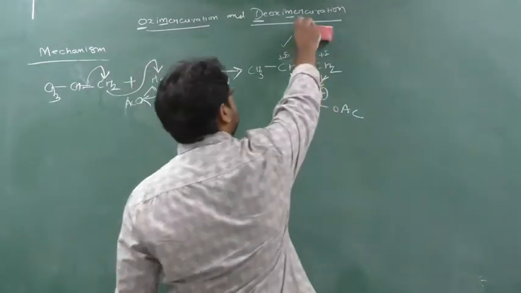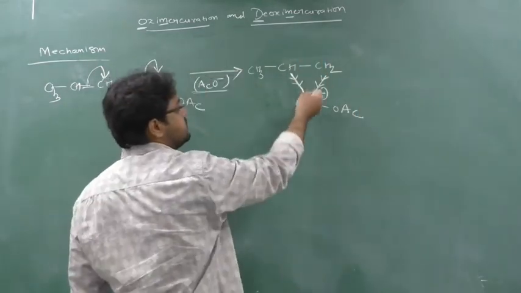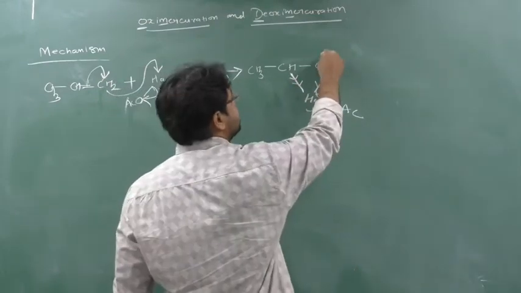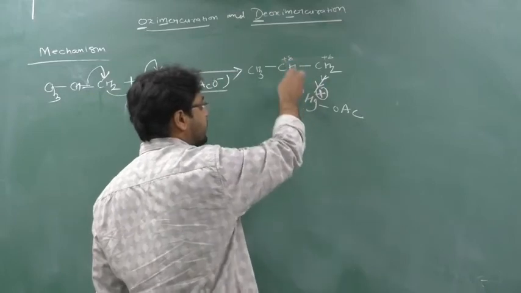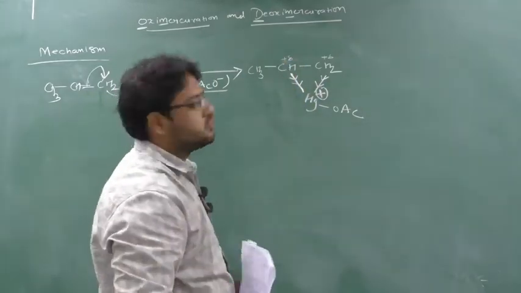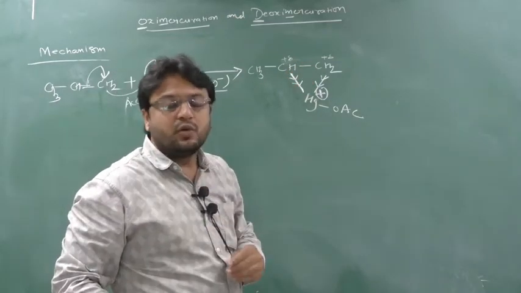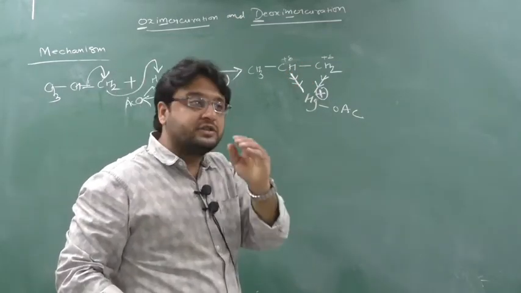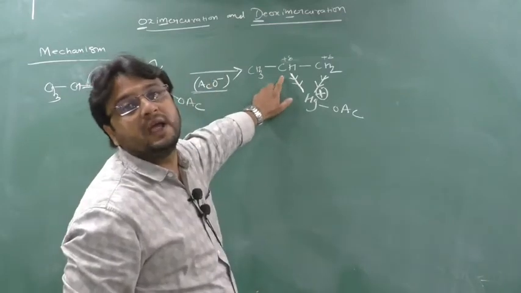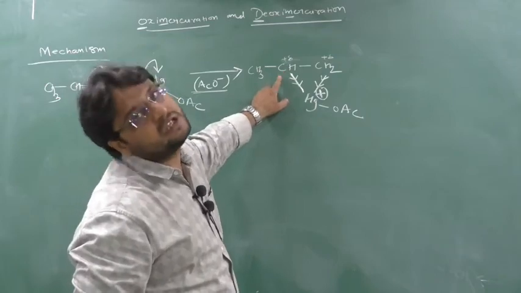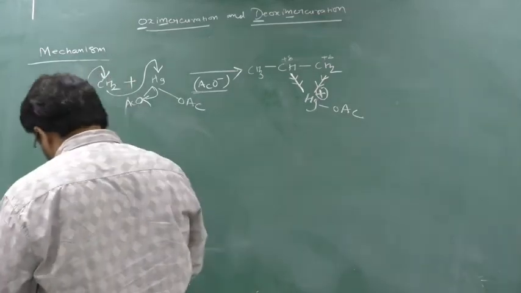Or a better understanding is this: this Hg is a plus, it will start to attract the electron. So here also one partial positive charge develops, here also a partial positive charge develops, because the attracted electrons are taken, and one who gets the electron creates a positive charge. Now you decide which is the best to develop, or which will be more stable to develop the partially positive charge. This one, because it is forming a 2 degree. And a 2 degree carbocation is more stable. So in this way, remember, this will be more stable than this. Clear this part? So now we will see further.